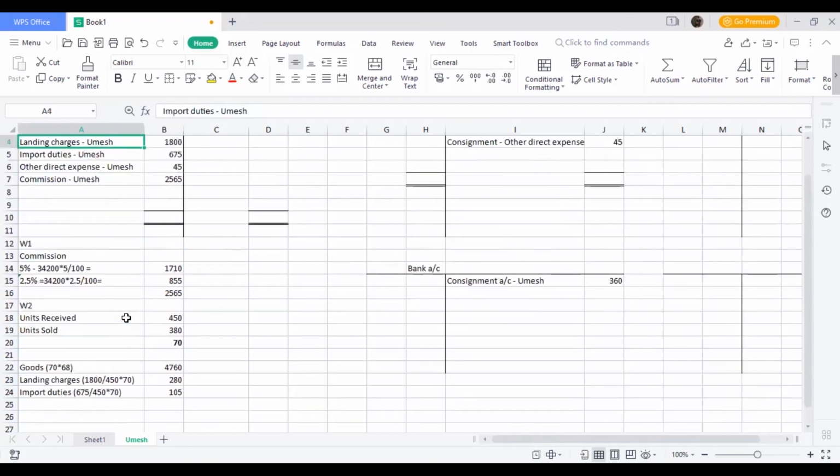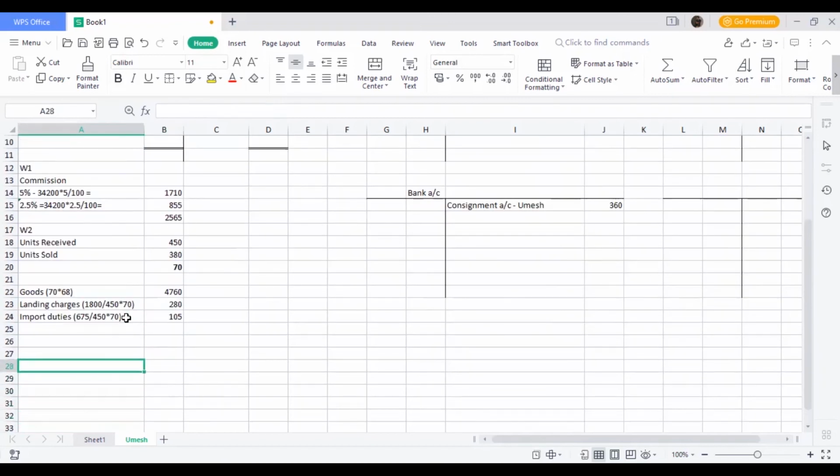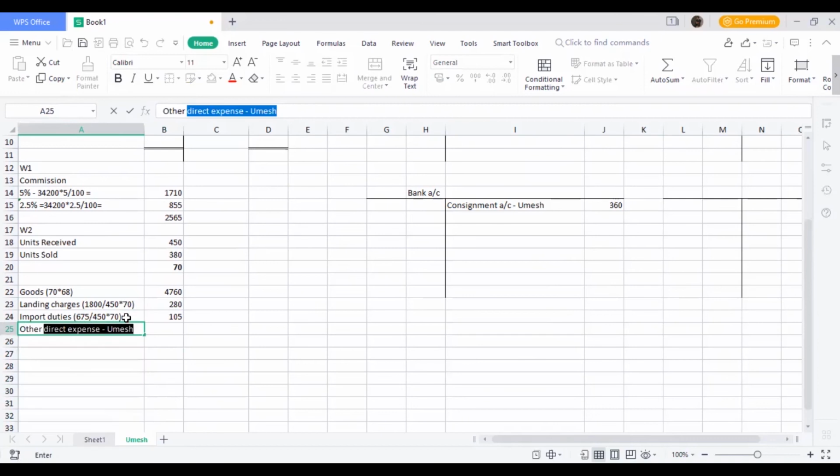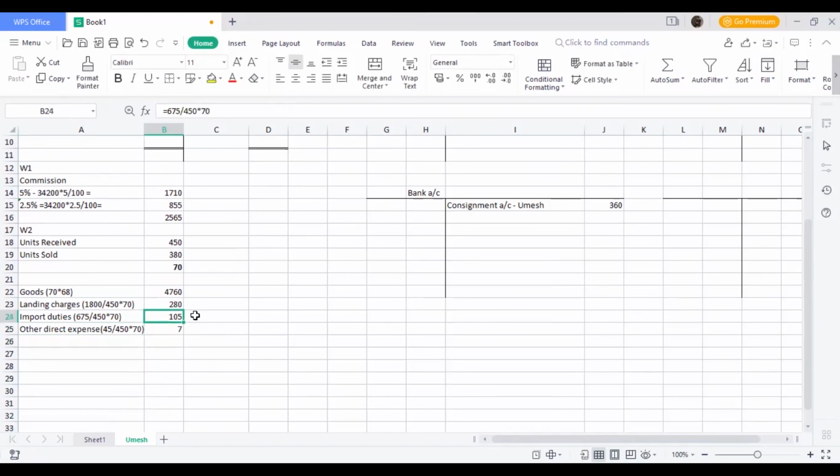I have some more expenses of the business, other direct expenses. So we'll take that as well. Here I'm going to take 45 divided by 450 into 70. It's going to be 7, I guess. 0.1 into 70. So 45 divided by 450 into 70. So we got 7. So in total, if I take the carried down balance, it is going to be